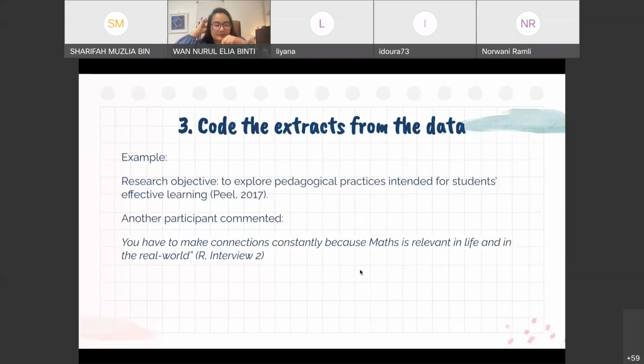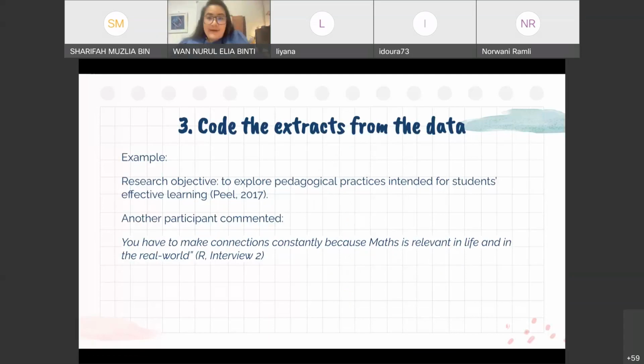Right. Okay, let's try another one. It's the same research objective, to explore pedagogical practices. So another participant commented, you have to make connections constantly because maths is relevant in real life, in the real world.